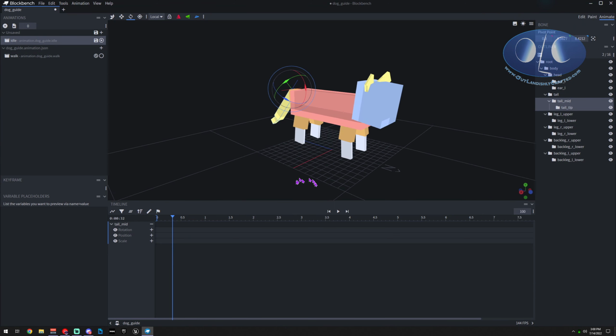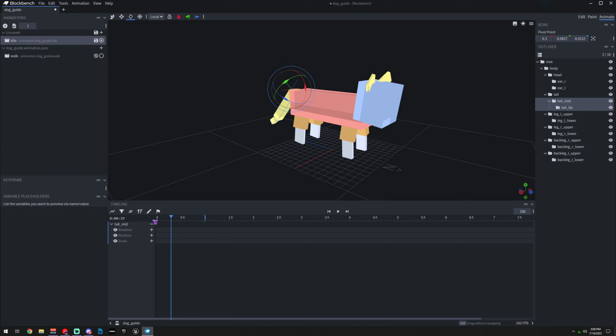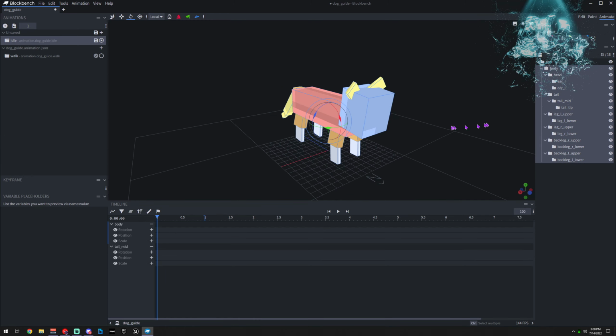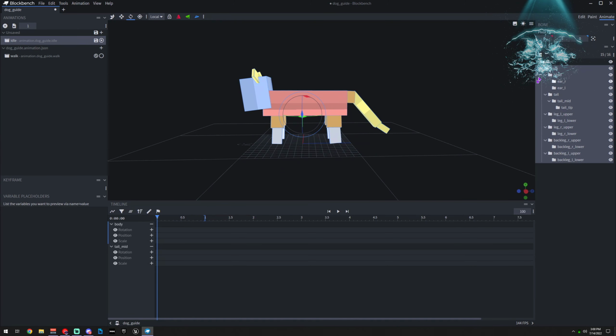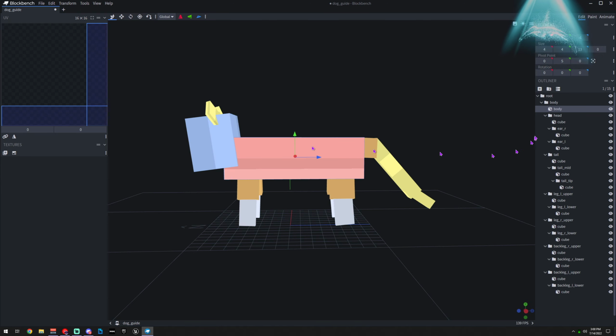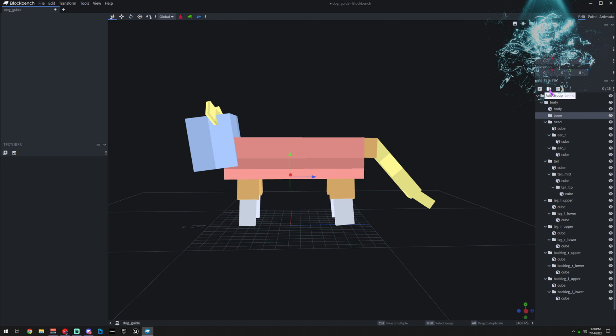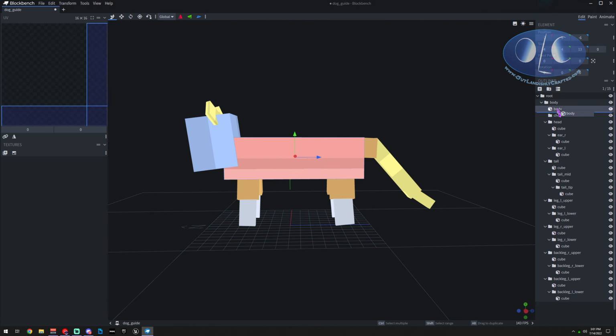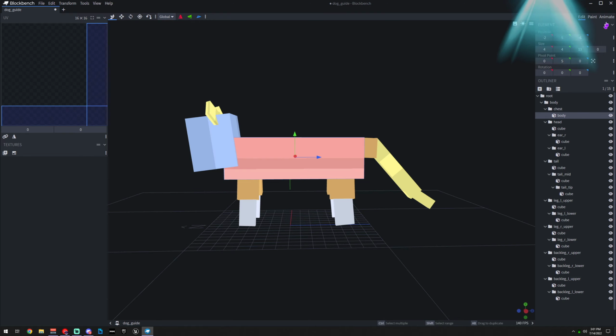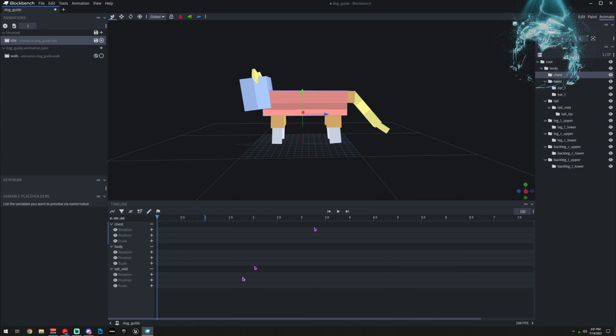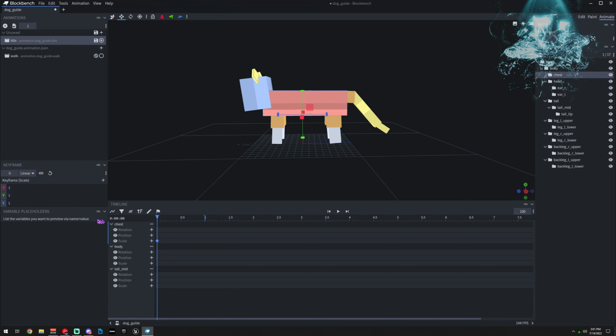Then you have idle, and idle could just be, so one thing we could do is we could add another bone here. We could say chest, put body in chest. So now I can hit chest and I could say I want my chest to go